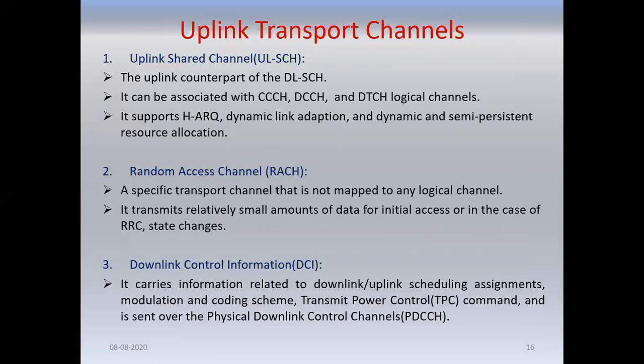Here, when the phone is moving from switched-off mode into on mode, or from idle mode to active mode, in all these cases the random access channels are used. So random access channels are basically used to access the network available in that particular area. Downlink control information, DCI, is just like a flag. This flag carries information related to downlink and uplink scheduling, assignment, modulation, and coding. All these are related to the communication mode by which it is transmitted and which physical downlink channels are being used. All these are discussed in this particular format.